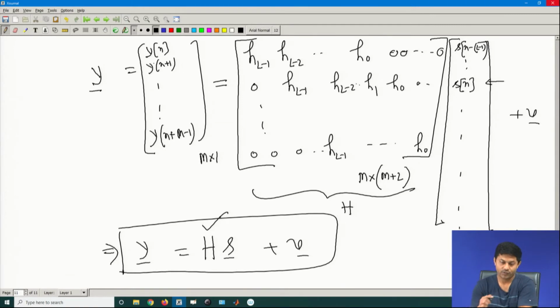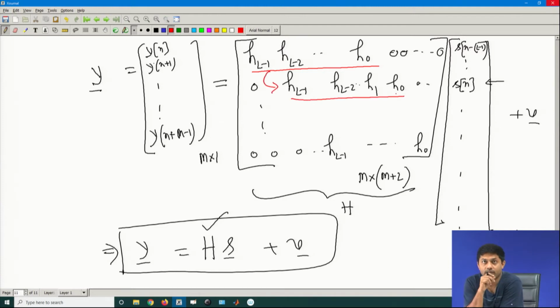right side. If you look at, this is the row, right, and this is one level shifted, right side one level shifted, and so forth, and finally it touches H 0, everything is shifted. So, what type of matrix is this? This is a Toeplitz matrix. So, my comment is H is a Toeplitz matrix.